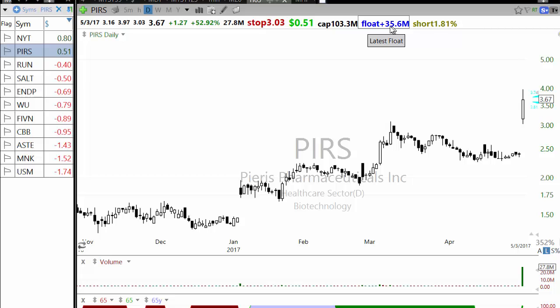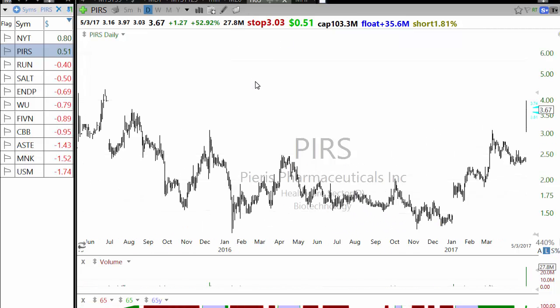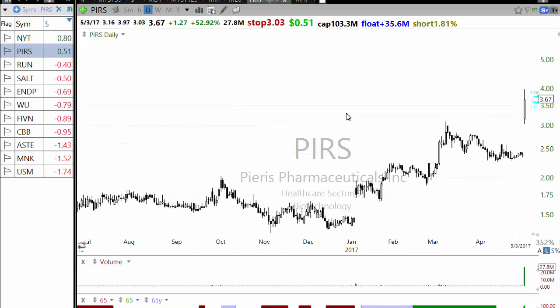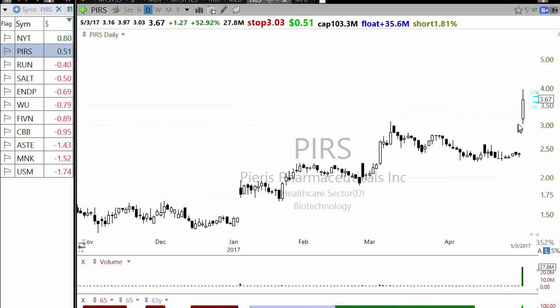The float is 35 million. So you'll see that there's a lot of shares traded, and it is breaking out on high volume. And as you know, the biotechnology stocks are the ones which tend to make big moves. So this one is definitely worth putting on your watch list for buying on a pullback of 3 to 5